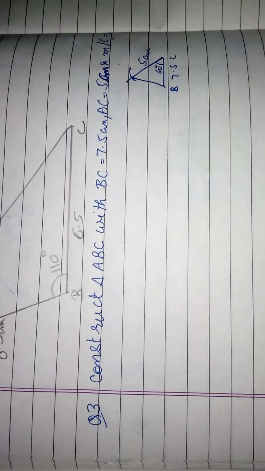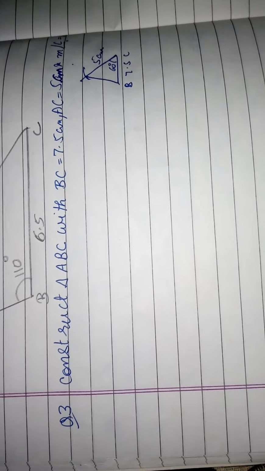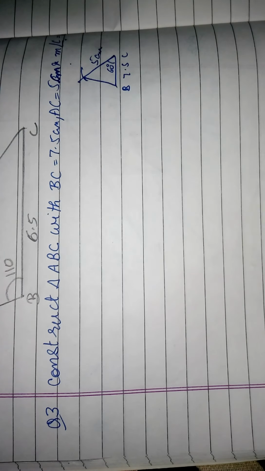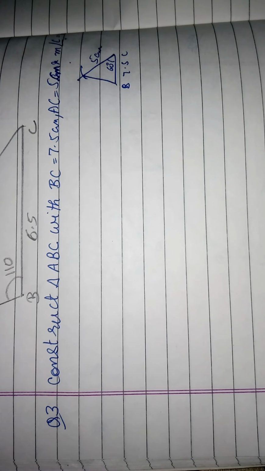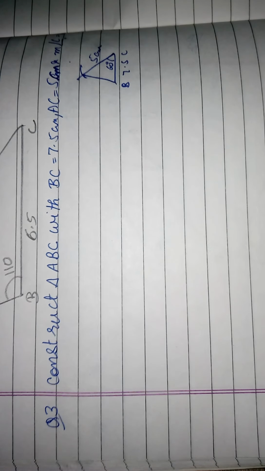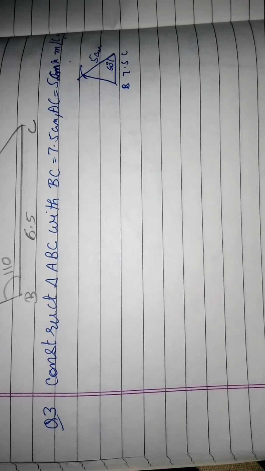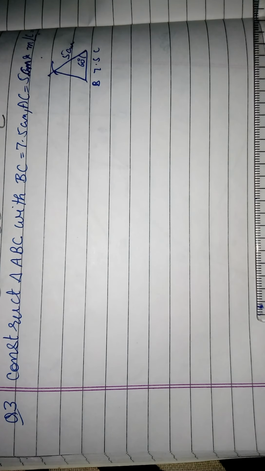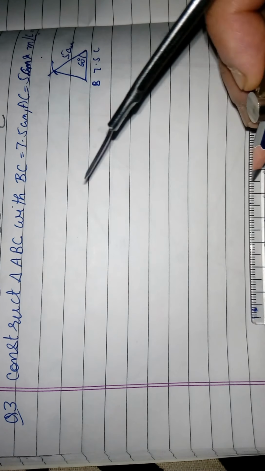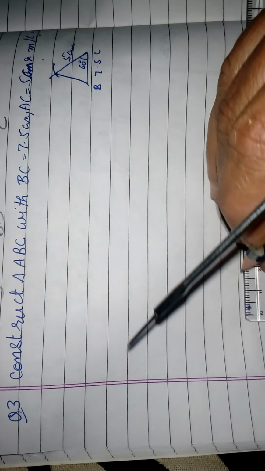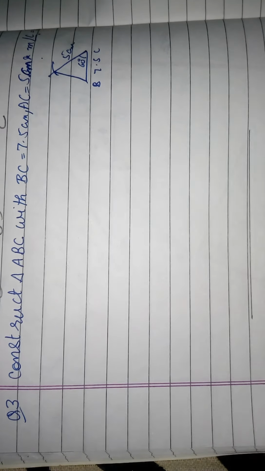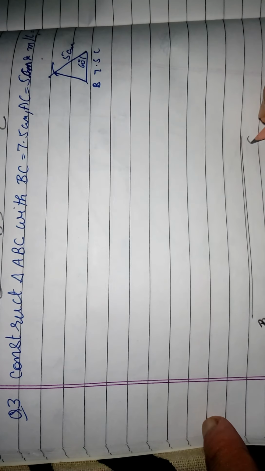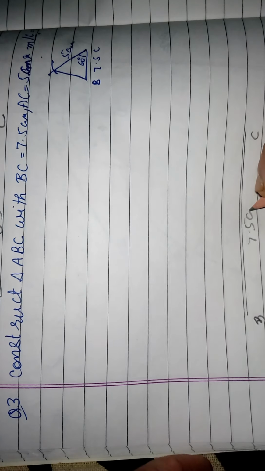Now coming to our construction work, a rough figure facilitates us, it becomes easy to construct. Is it clear? So always make it your habit to draw a rough figure first. Now BC, draw using scale a line of 7.5 centimeter. Okay, now name it BC and write the measurement also, 7.5 centimeter.